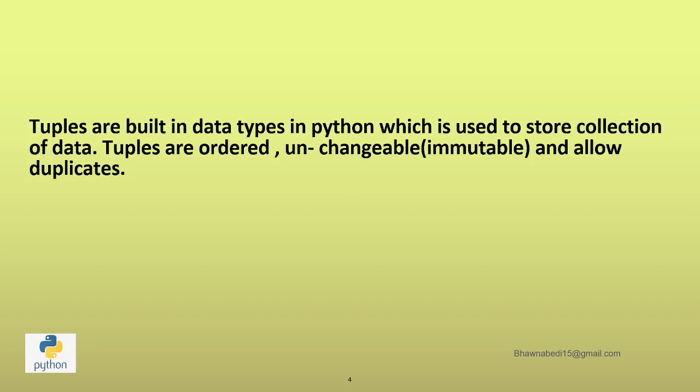Now tuples are immutable. You cannot change the tuples, but you can change the lists. So lists are also ordered, tuples are also ordered, but the difference comes in that tuples are immutable. You cannot change them. In a list, you can change elements of a list. So this is the typical difference between a tuple and a list. And lists also allow duplicates and tuples also allow duplicates. So technically, tuples and lists are the same, with just one feature very different, which is that tuples are immutable, and also how you create tuples is of course different, which we are going to see